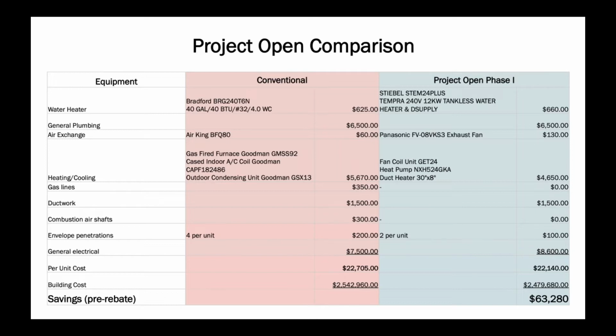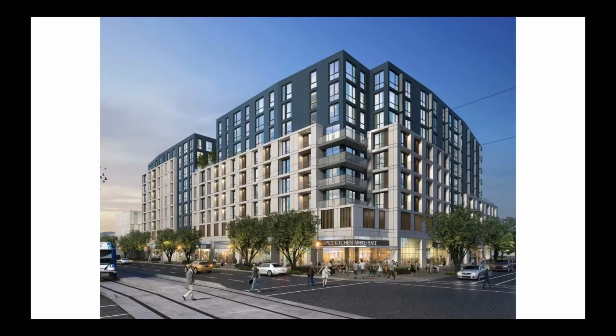The savings are real, and I've lived in this building for a year, and it was very comfortable to be in. The design itself was allowed to be a little bit better, honestly, in relation to quality of life metrics. So if I'm not really concerned about micromanaging my energy usage, all of a sudden I can put in things like giant picture windows that I would be skeptical to do otherwise. I'm allowed to build in a very normal way. So none of our construction costs went up apart from the mechanical systems and the electrical systems changing, which gives us a pitch. So we went ahead and from this building moved into a